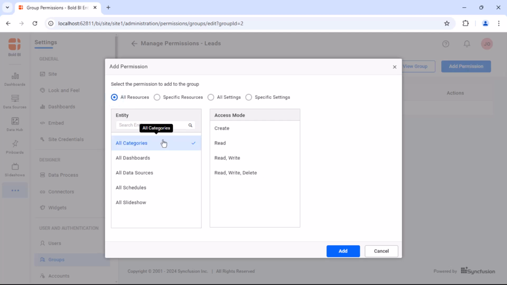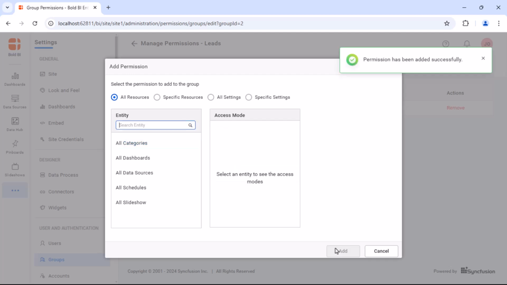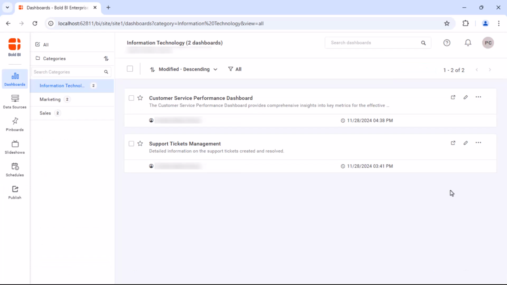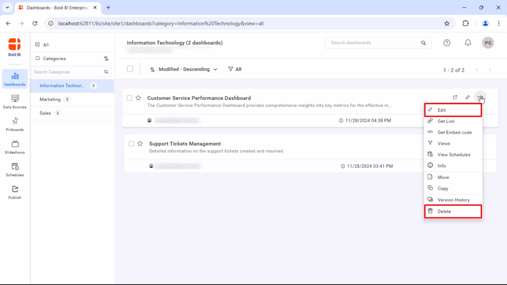For this demo, I select all categories as the entity. I choose Read, Write, and Delete as the access mode. I click the Add button, and then close the window. You will see that permission was added to the group. Since I added the Read, Write, and Delete access modes to all categories, the Edit and Delete options are available